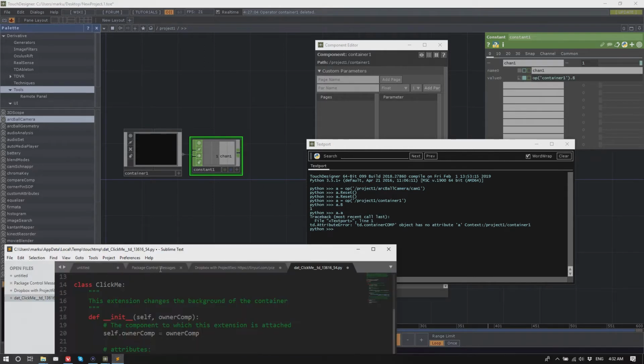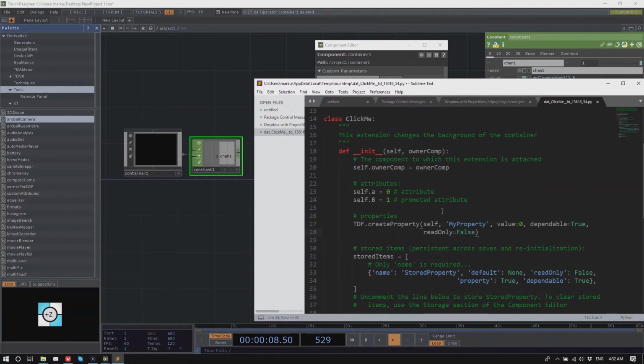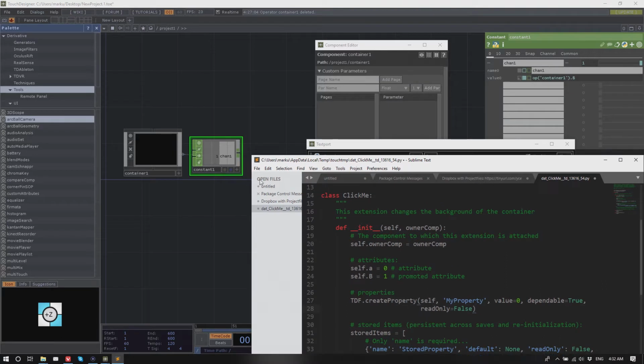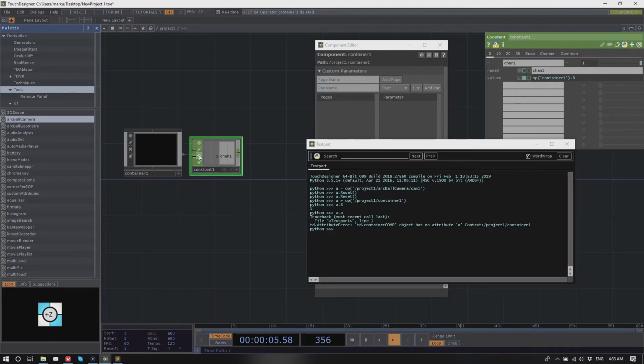But when I update the attribute inside my class, that doesn't necessarily tell this operator, this node, to change the value of this attribute. It's just not being pushed to cook, basically. This wouldn't change. You would have to force cook it for it to actually change.